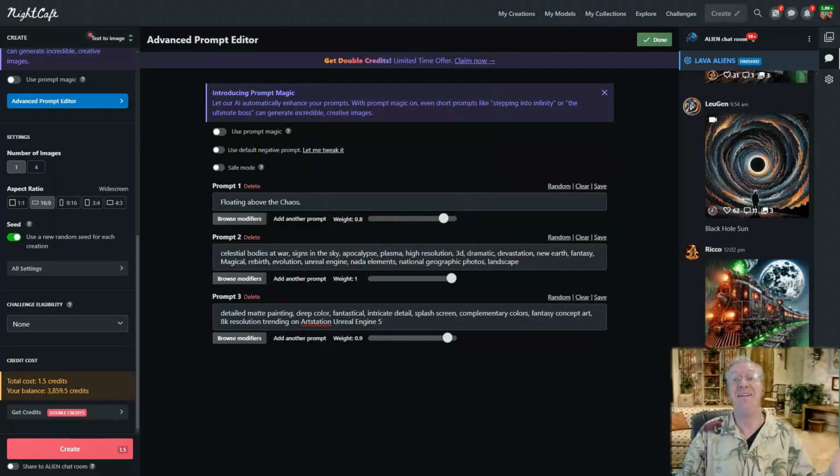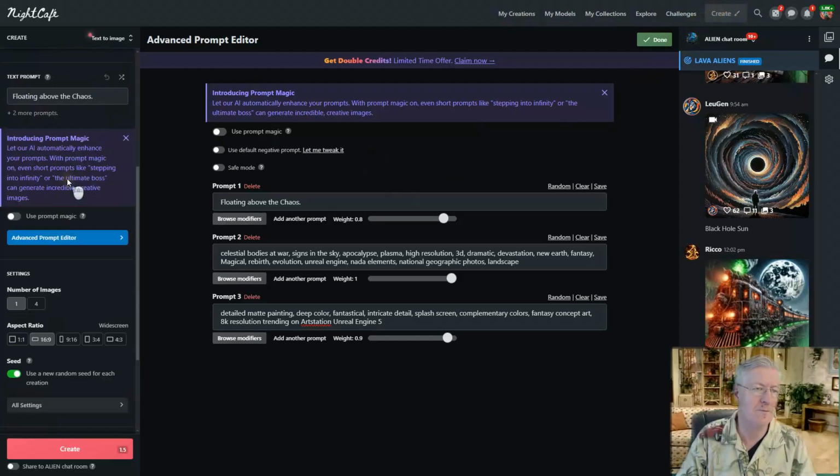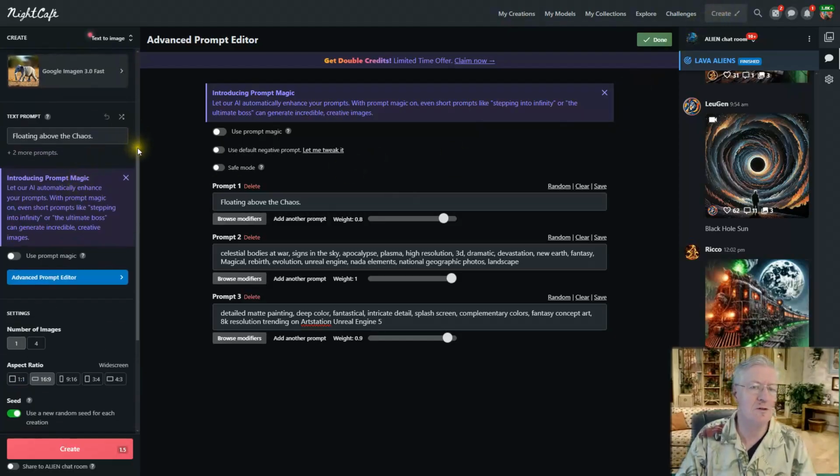Come on. And here we are inside of Night Cafe. We're in the create page there, and so when you first start there, you might be in creations there. Just go ahead and click on the red button here. It says create, and you'll find yourself there. Now I'm going to be showing you some creations that we'll be making together, and I'll be using the Google Imagen 3.0 Fast version. So it's free. Well, not free, but you don't have to be a pro to use it. How's that? And this is costing 1.5 credits.